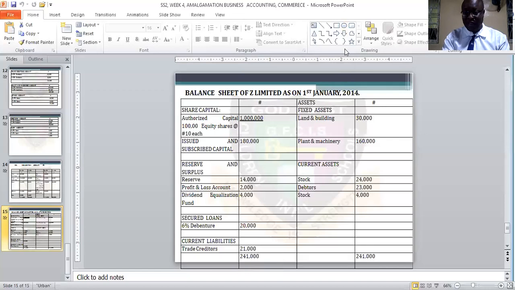So this is the end of the class for today. Please go to this textbook, the recommended one. That is Simplified and Amplified Bookkeeping and Accounting by one of the chartered accountants in the country. That's O.A. Olatuji Alonge. That's the name of